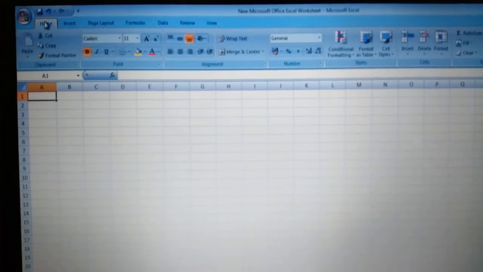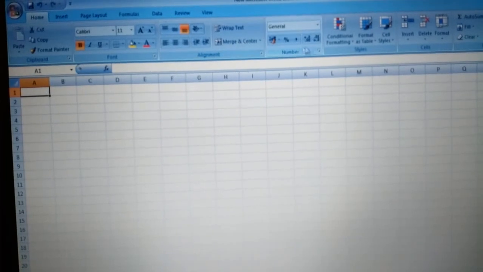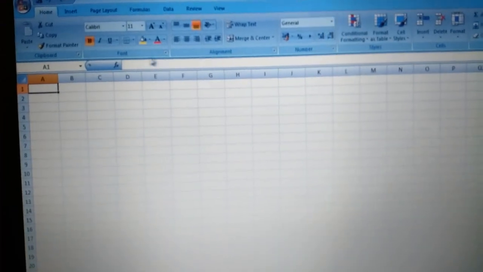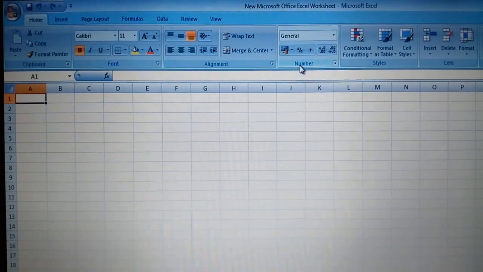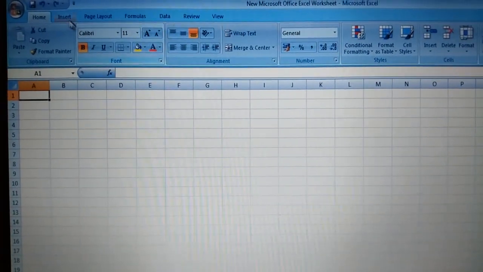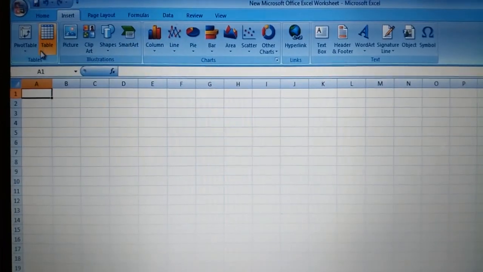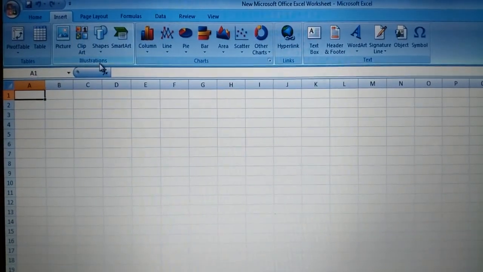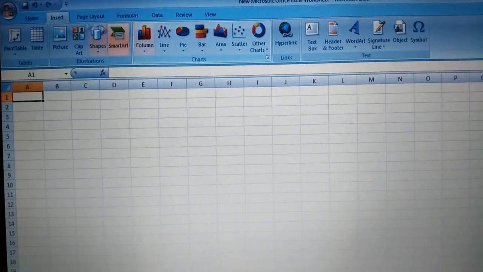Each tab is divided into several groups like font group, alignment group, number group, style, cells, and so on. If you go to the insert tab, you can also find the table group, illustration group, and chart group.